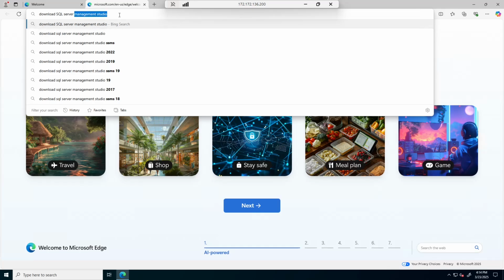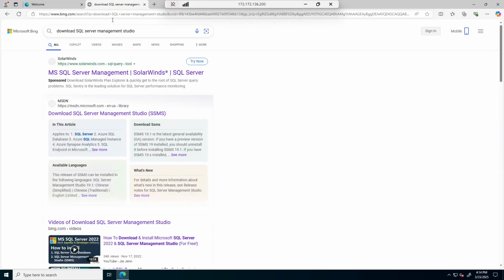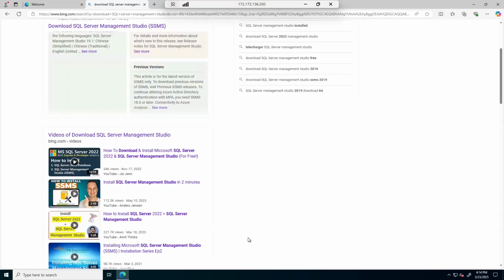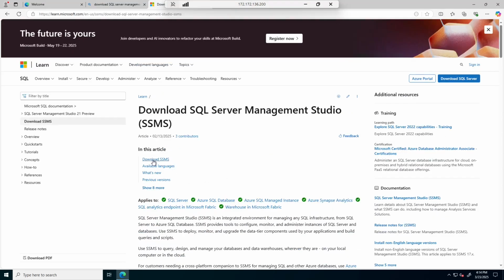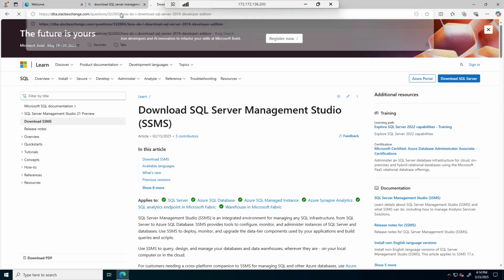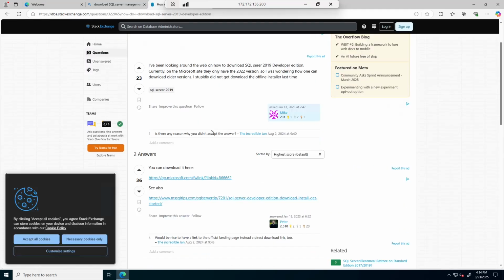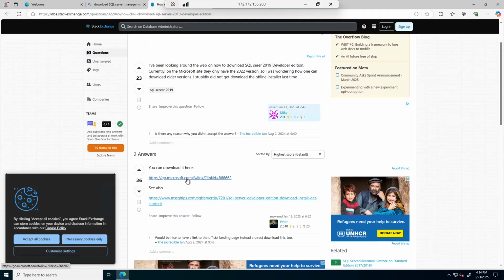Let me search this one, and I will probably download the SQL Server. I can click here, go to download SSMS, or I think I have the link as well, so I can directly paste that link to install SQL Server here. You can download from here. I can click go to Microsoft directly,